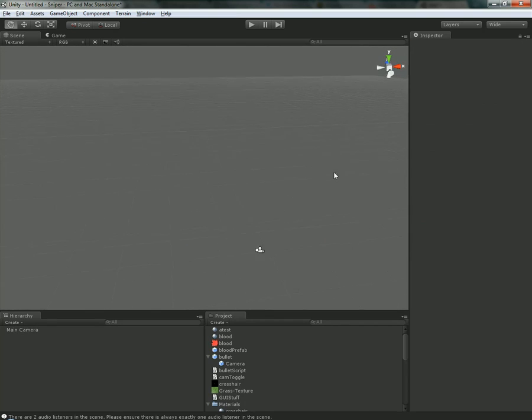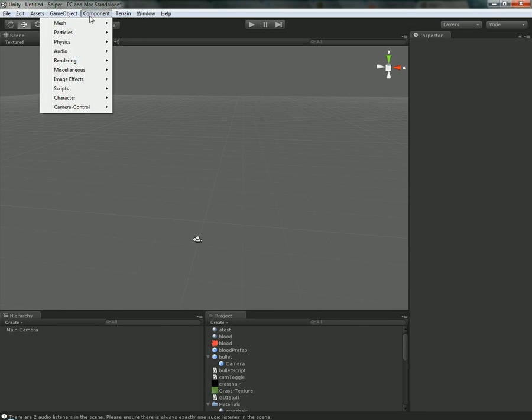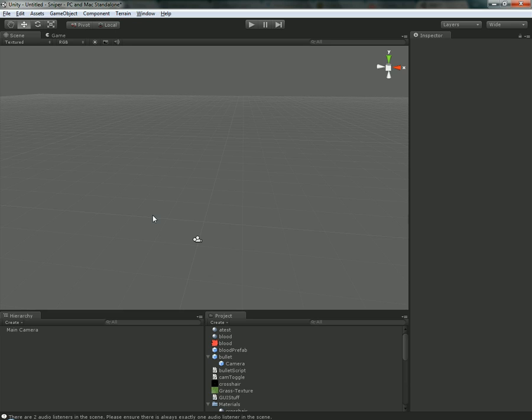So that's how you get around a scene here in Unity. And if you've ever used Maya, it's a lot like Maya. Actually, I think it's the exact same controls minus the first-person mode. So you'll see the way it's laid out here is we have a scene view, an inspector window, project, and hierarchy. This is customizable. So I'll show you what each one of these does, because these are the main ones, but there are more configurations